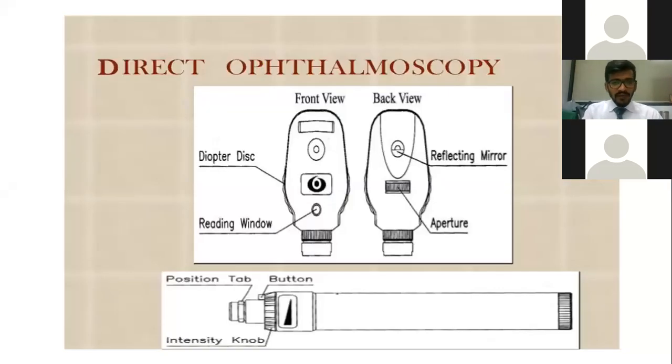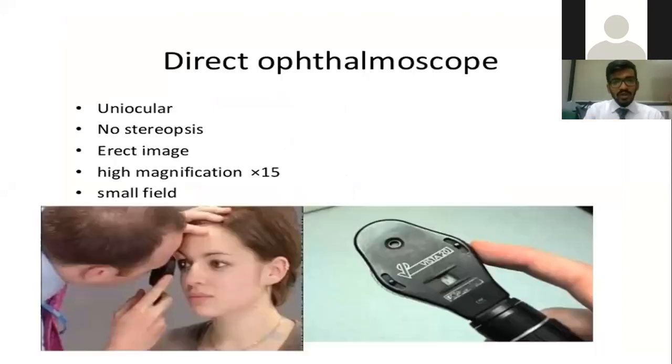Going to the direct ophthalmoscope, I'm sure everybody in the first year of PG is very well versed with all the functions of the DO. You have to go very close to the patient and look for the optic disc. The first thing is you look for the optic disc and then follow the vessels. It is a very magnified view, and the pathology is definitely not very well appreciated in a DO as compared to a 90D or an IO. But for your ward calls, for just seeing the reflex or the disc, it's very useful.